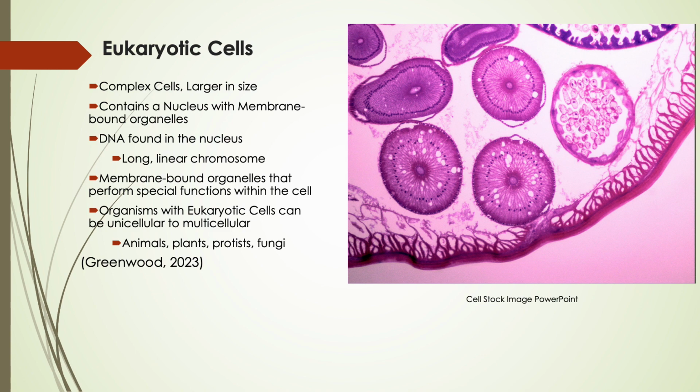The membrane-bound organelles are like compartments that perform a specific function so that the cell can properly work. Each little organelle can control its own conditions so that it can perform these functions, such as lysosomes helping maintain the pH so that they can get rid of cellular waste. The organisms with eukaryotic cells are all the other organisms besides bacteria, such as animals, plants, protists, and fungi. Eukaryotic cells can be single-celled, like protists, or multicellular, like us, humans.